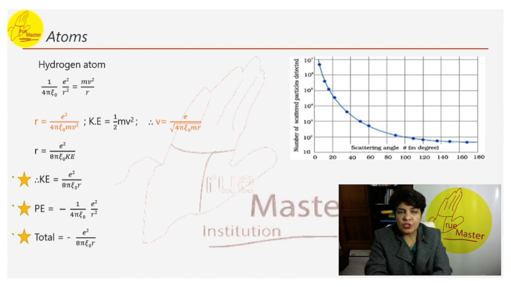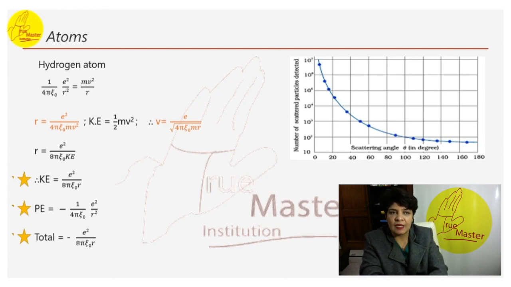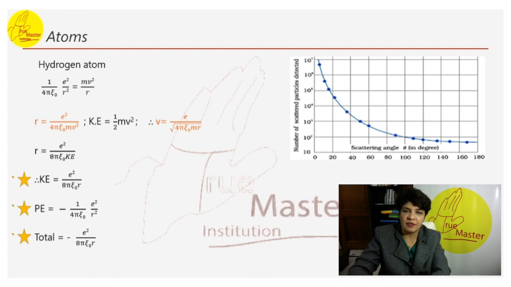This is a graph drawn between the scattering angle theta and the number N of theta of alpha particles scattered at an angle theta, for a very large number of alpha particles. So this graph shows you the number of scattered particles detected at each scattering angle theta. This is how the graph is represented. Before we start looking at the mathematical derivations here,